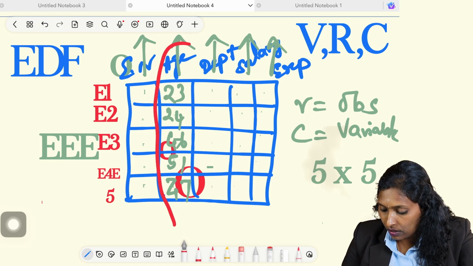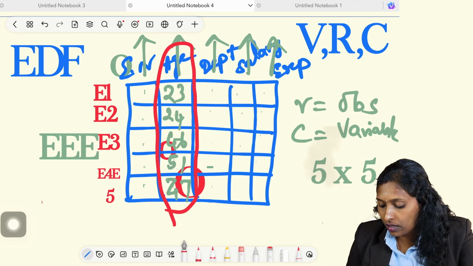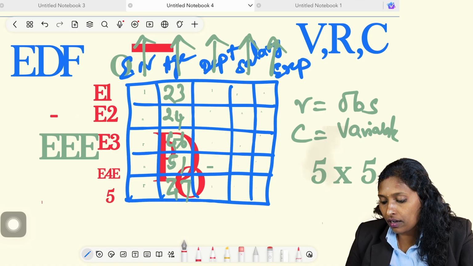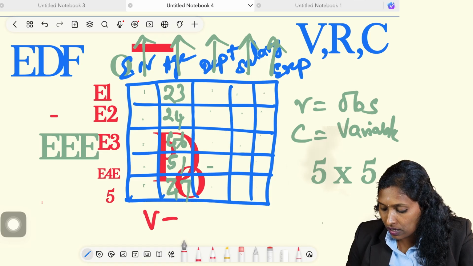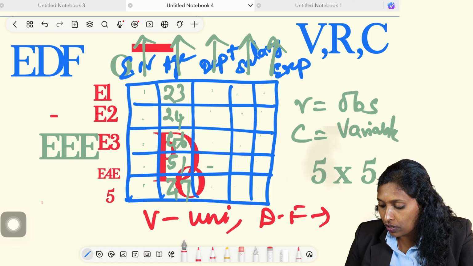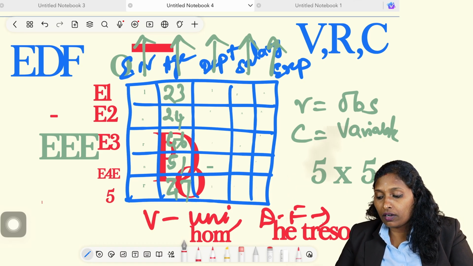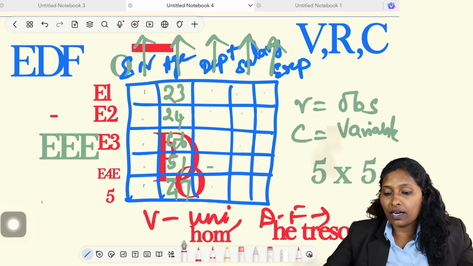Individually, this is the vector we are going to print in RStudio. Together as rows and columns, we are going to print it as a data frame. So, this basic understanding you should have, and moreover, vectors are unidimensional, whereas data frames are two-dimensional. It can be 2D or 3D too. Vectors are unidimensional, data frame is multidimensional. And vectors are homogeneous data, whereas data frames are heterogeneous data. So, this basic understanding you should have, and now let us move forward to the R script to understand this in